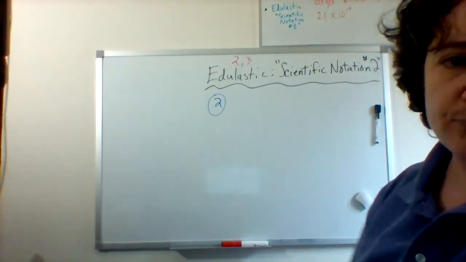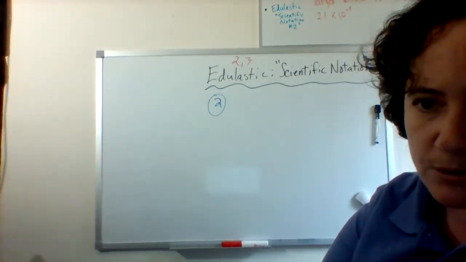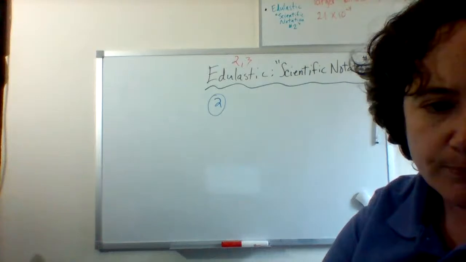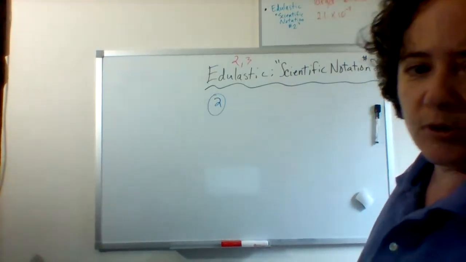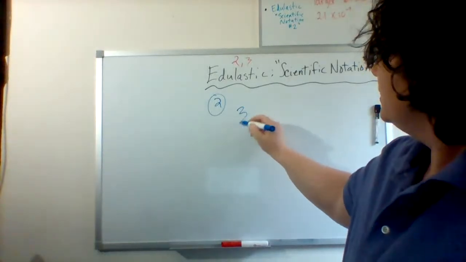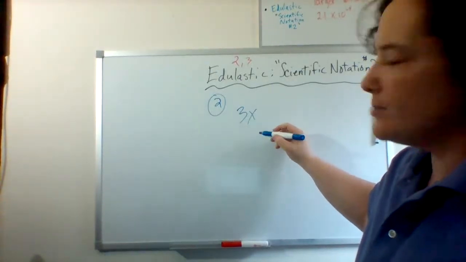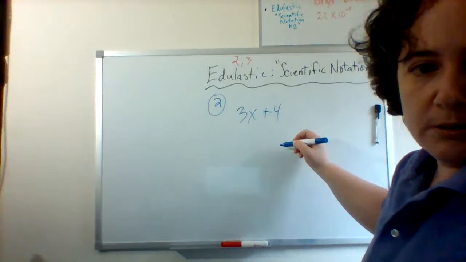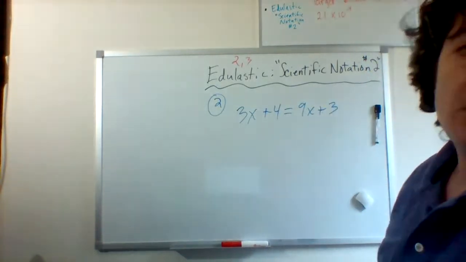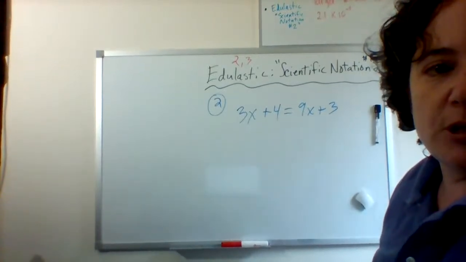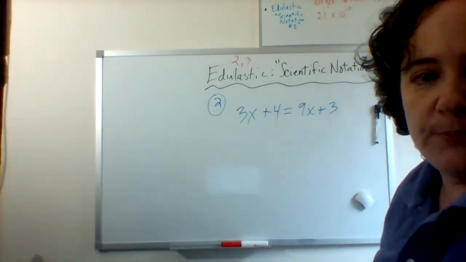Number 2 says, solve for x. Boy, did I give this the wrong title or what? 3x plus 4 equals 9x plus 3. I should have labeled it scientific notation and solving equations, but